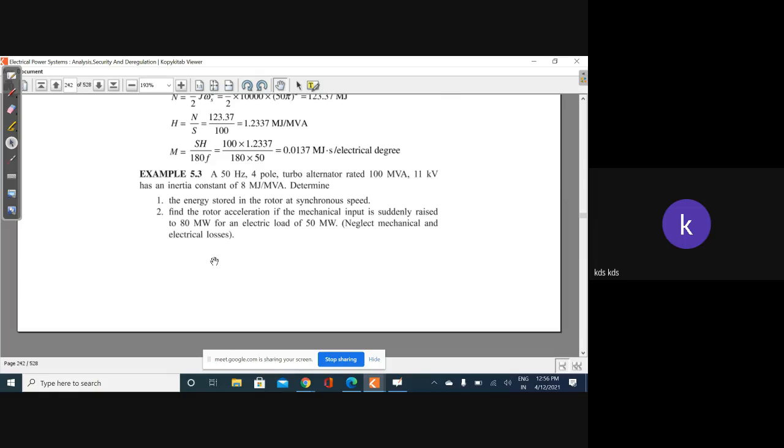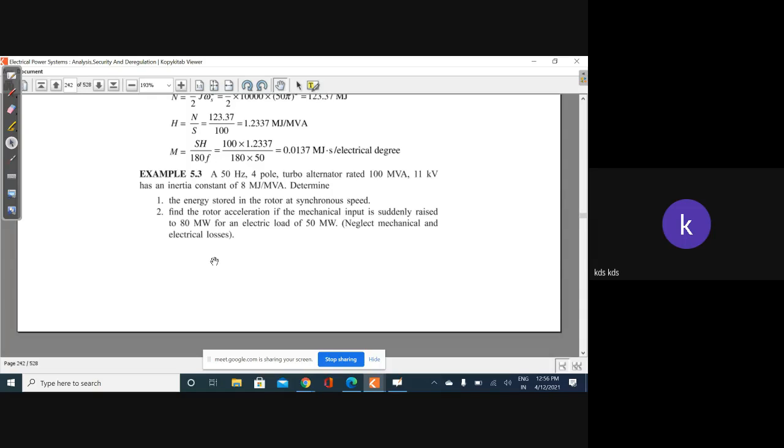So there are two conditions. Number one, increase in frequency happens when load decreases. And decrease in frequency happens when the load increases. So increase in load will cause a reduction in frequency, and decrease in load will cause the increase in frequency,